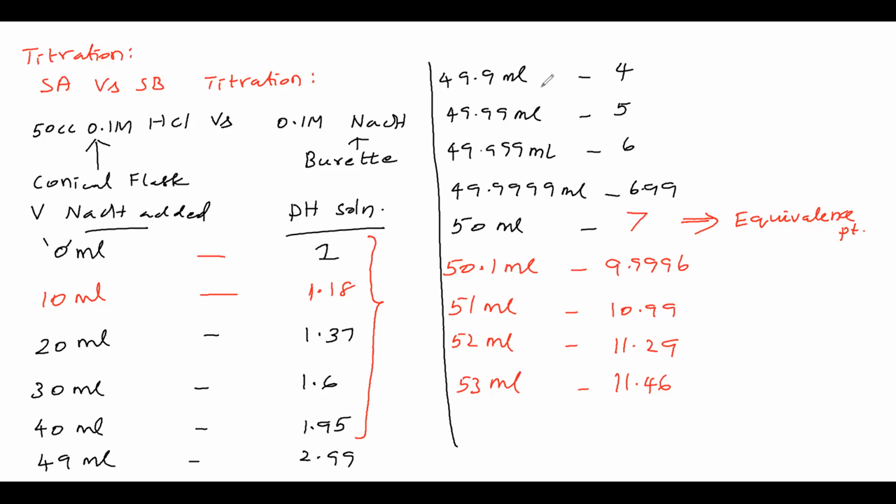So what is the pH rise? You see here 2.99, here 4. Exactly how much rise? Shall we say the rise is 1? Here we are adding 9 ml, the rise is 1. But here we are adding just 0.9 ml, that means just 1 ml, and the rise is 1. But in these places, 10 ml we are adding, and the rise is just 0.1, 0.2, 0.3, like this only.